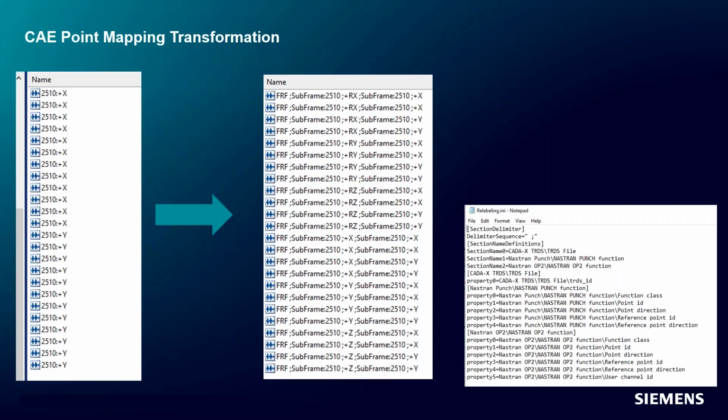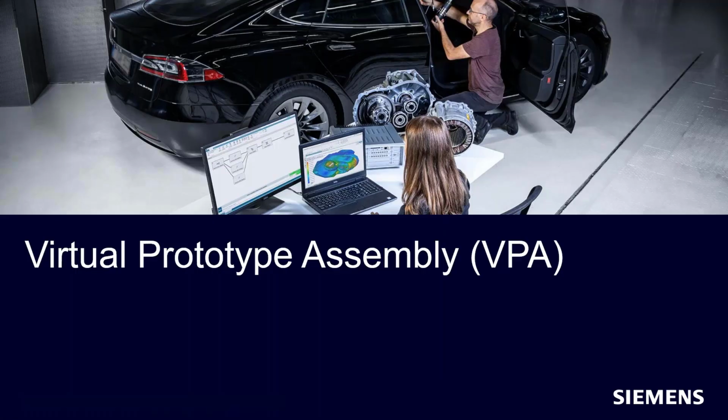All that information can be shown just by browsing to that data, without having to convert to any other file format. So that's what makes this such a great relationship, because one, TestLab is very flexible with how it can handle different types of data. And then once the data is brought in, the CAE data can be analyzed in multiple ways. That's why CAE data wants to come to TestLab. So that's why it makes such a great relationship between TestLab and CAE data. As we said at the beginning, this particular webinar is part of the virtual prototype assembly series.